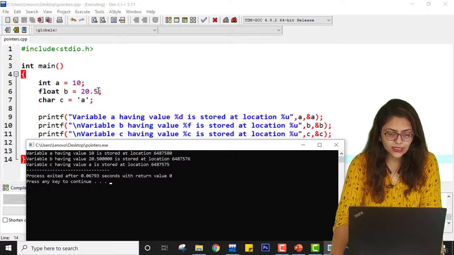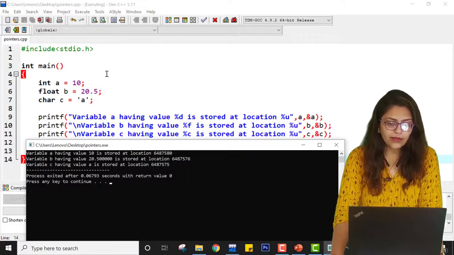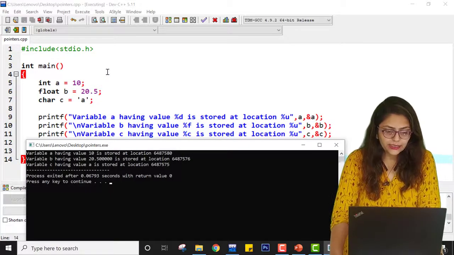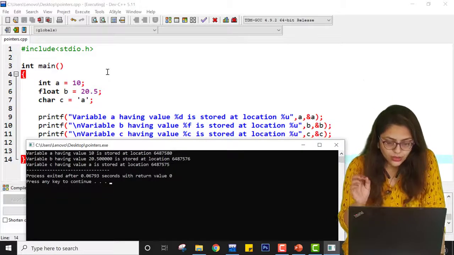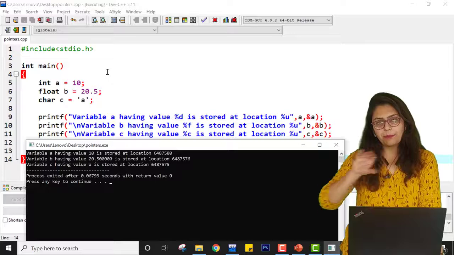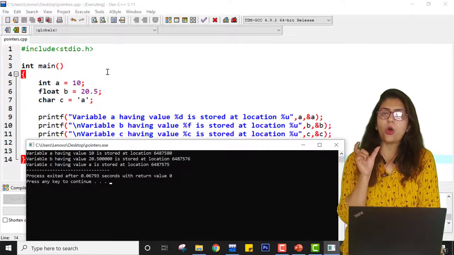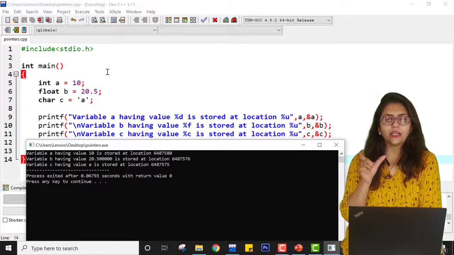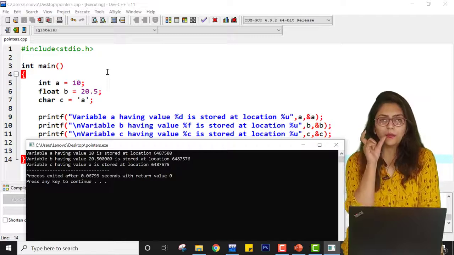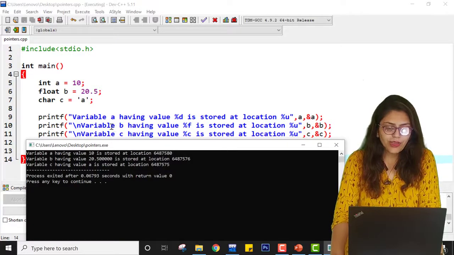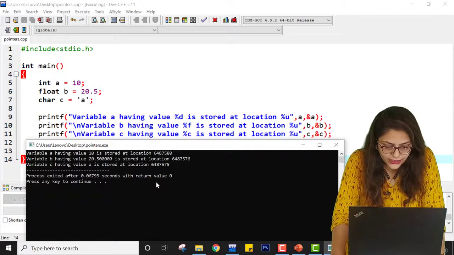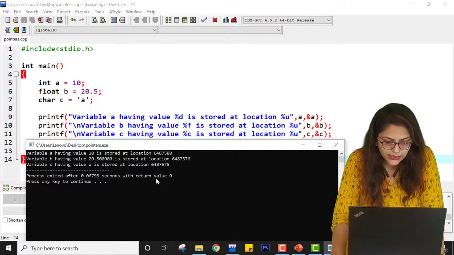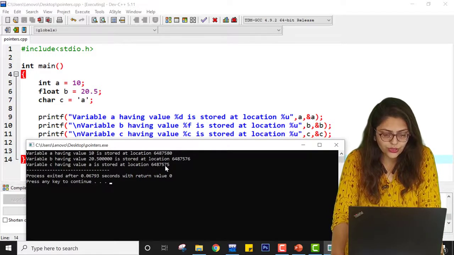Now you can see that variable a having value 10 is stored at location 6487580, right? So that is a very big number, because an address will always be a big number. I have taken a small number in order to make you understand the concept. Variable b is stored at some location, say 6487576, and c is stored at the location after this.